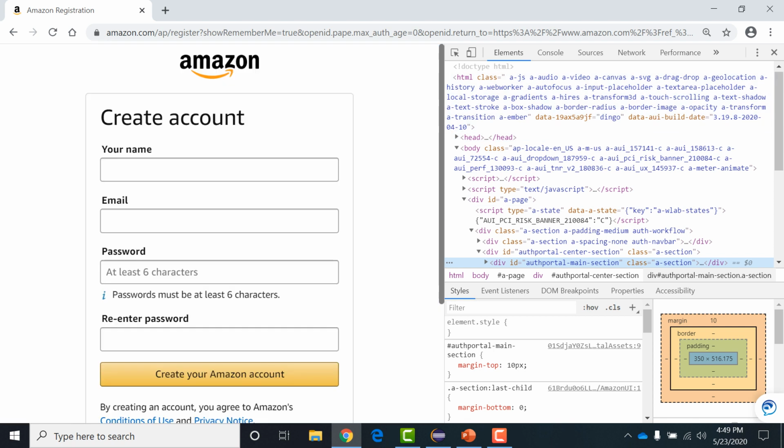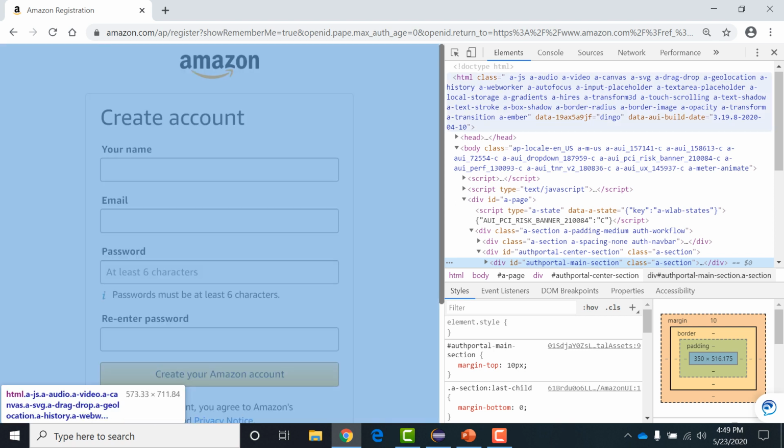So if I'm using the absolute XPath, I'm talking about the absolute XPath now. In absolute XPath, it starts with a single slash. What does that mean? It means that the particular element is going to be searched from the root node. This is the root node, HTML. So it is going to search that particular element from here. So it will take time, right?